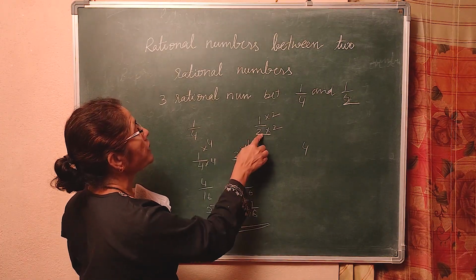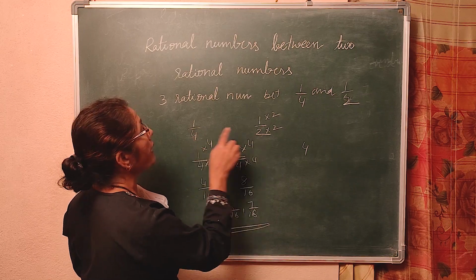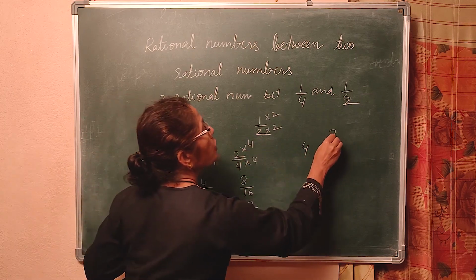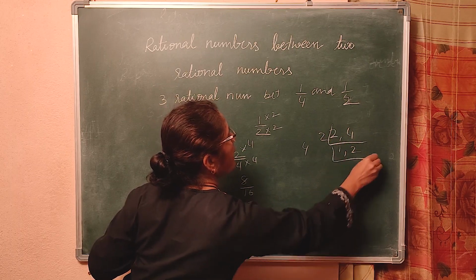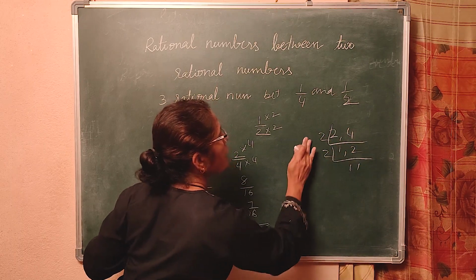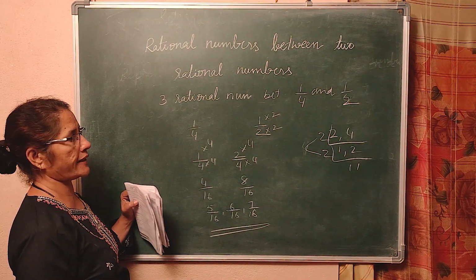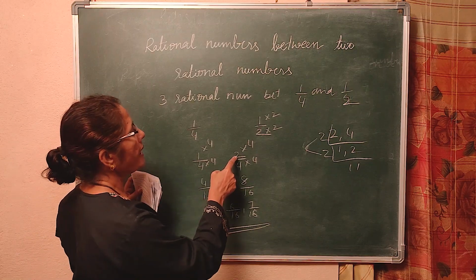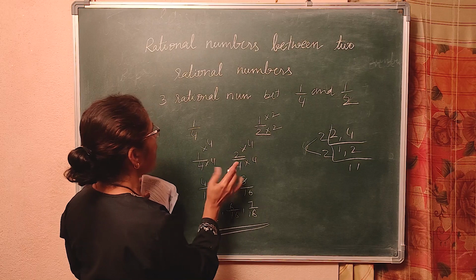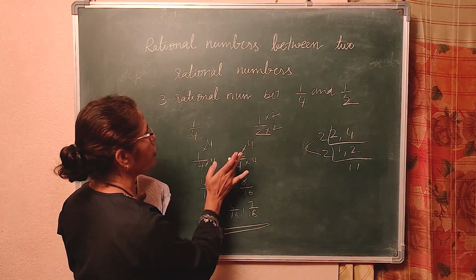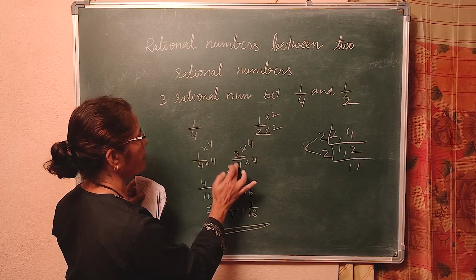So 1 by 4 and 1 by 2. First what did I do? I made both denominators same. 4 and 2. What is the LCM? 2, 4. 2 1s are 2, 2 2s are 4. Again 2 1 1. So LCM is 4. You have studied this in 5th standard, 6th standard, 7th standard. Right? So in order to get 4, I multiplied by 2. Now the numbers are 1 by 4 and 2 by 4. So these are called equivalent fractions also, 1 by 4 and 2 by 4.